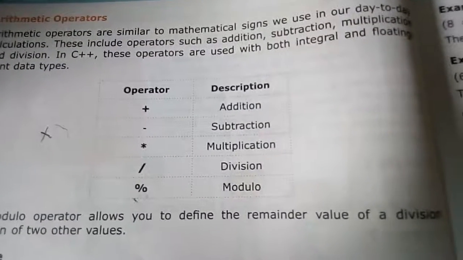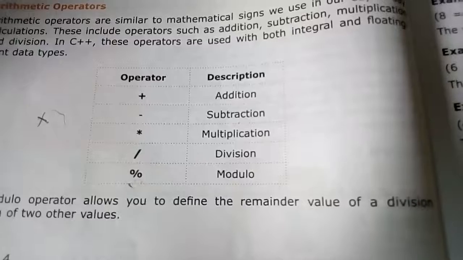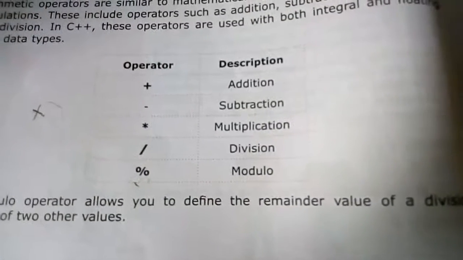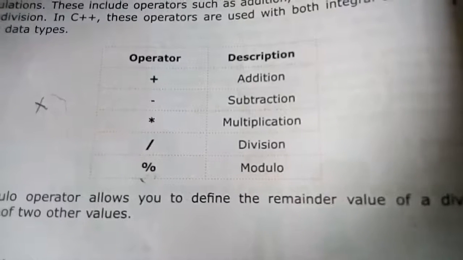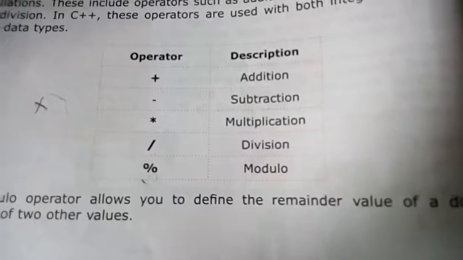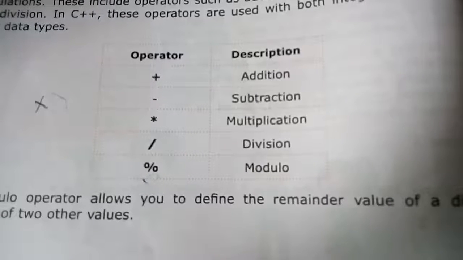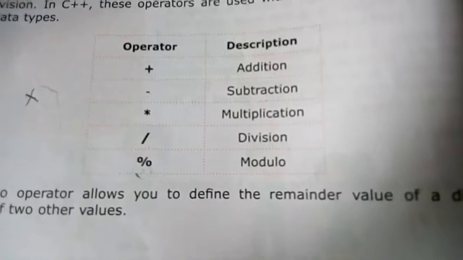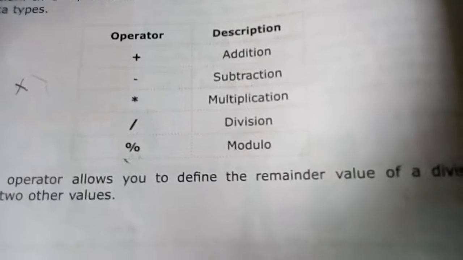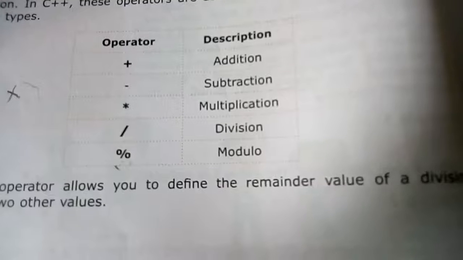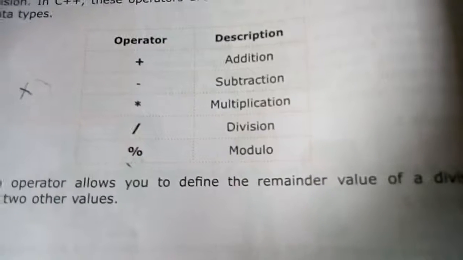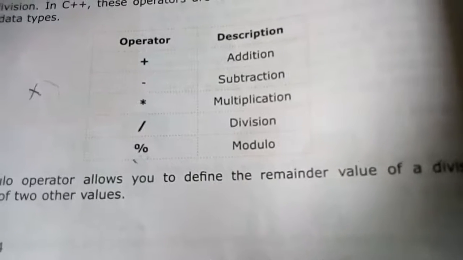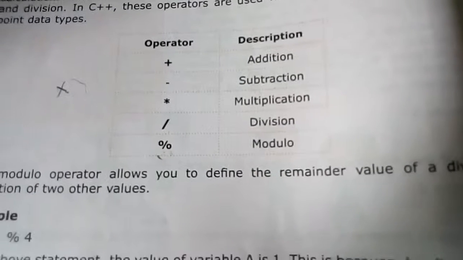I think all of you remember that integer is for whole numbers and float is for fractional values. When you are writing integer, in short you write int. Suppose the variable is a, then you write int a equal to 10. But when you write float, then you have to write float a equal to 10.0 or 10.5. In this way you write the fractional value. So this is the floating data type and integer data type.